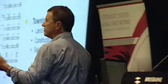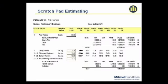It doesn't matter what type of project you're looking at. It doesn't matter whether it's houses or subdivisions or offices. This same methodology applies through all of them. This one here is called scratch pad estimating. Now again, you're not going to be able to read the information there or make a lot of sense out of it, but where this comes from